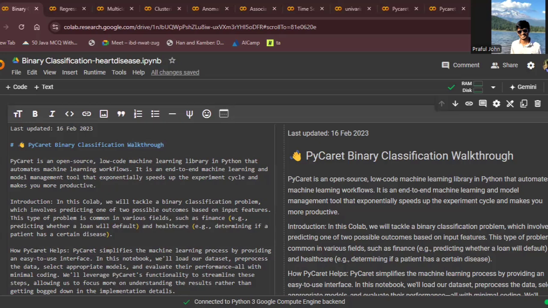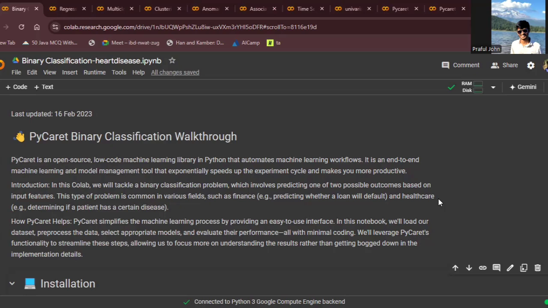I will start with an introduction to PyCaret. PyCaret is an open source, low-code machine learning library in Python that automates machine learning workflows. It is an end-to-end machine learning and model management tool that exponentially speeds up the experiment cycle and makes you more productive. In this Colab, we'll be tackling a binary classification problem, which involves predicting one of two possible outcomes based